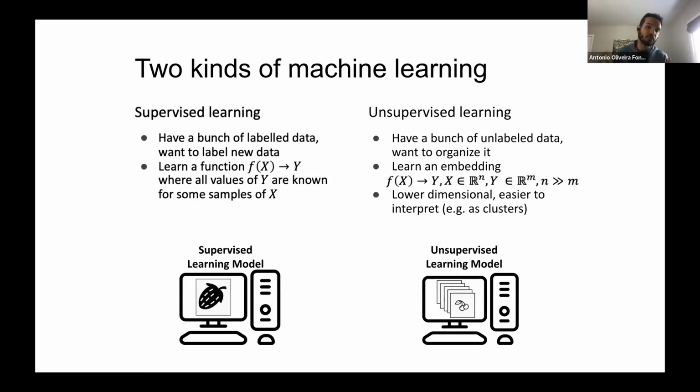Most likely what we do is take it from the original space. Let's say n was an image, for example, of 64 pixels by 64 pixels, right? So that's a space of 64 times 64. And I want to map that to m that's much smaller than the original space, right? So we map it from the 64 by 64 image to a 2D space. So n tends to be much bigger than m, with the hope that in the process of learning